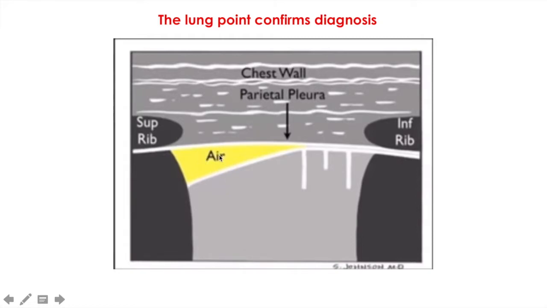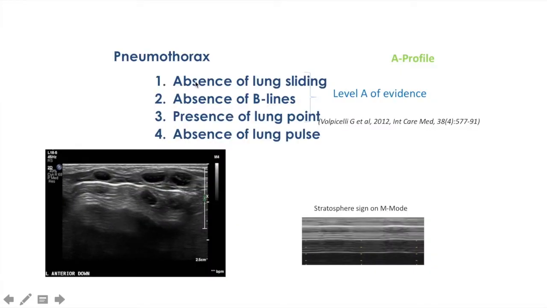All you can see here will be air. So you will have A lines. But as there is no lung parenchyma, you cannot see any B line, and this is extremely rare in the neonatal lung. As a consequence, the main 3 criteria you need to remember today for diagnosing pneumothorax are absence of lung sliding, absence of B lines, presence of A lines only, and presence of a lung point.